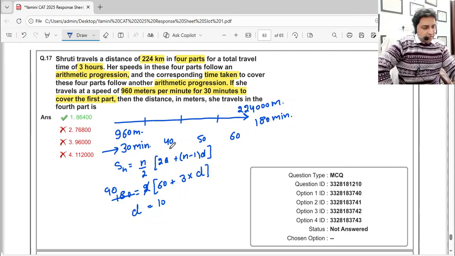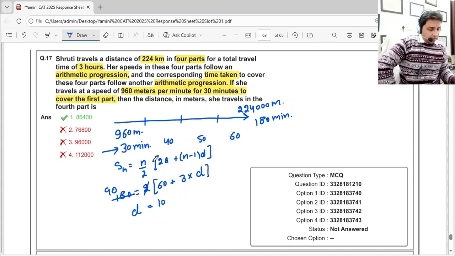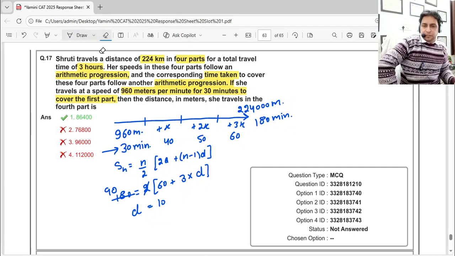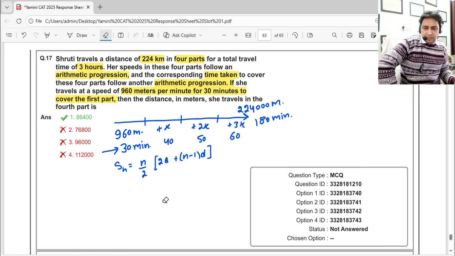So the speed in the first part, now we don't know the speed part. So what exactly do we have to do? Let's say the speed is 960, this should be plus x, this should be speed plus 2x, and this should be plus 3x. Now this I'm going to rub out because we got the value of D in the first place. Now if the speeds are also an arithmetic progression, so this is A, that means their distance should be